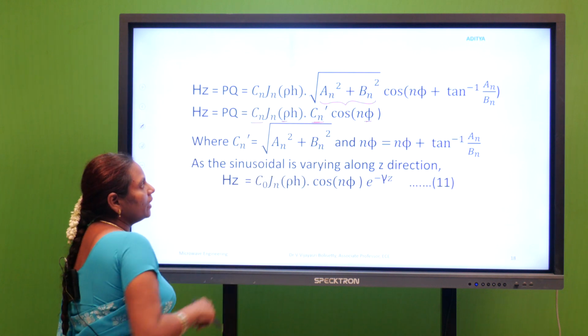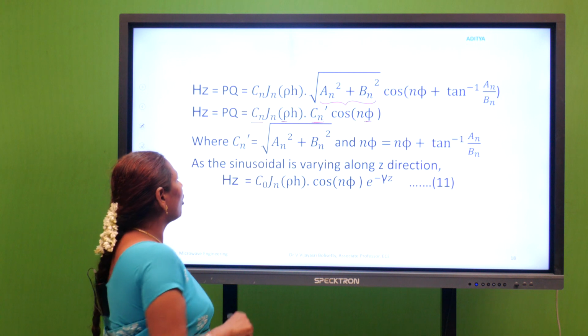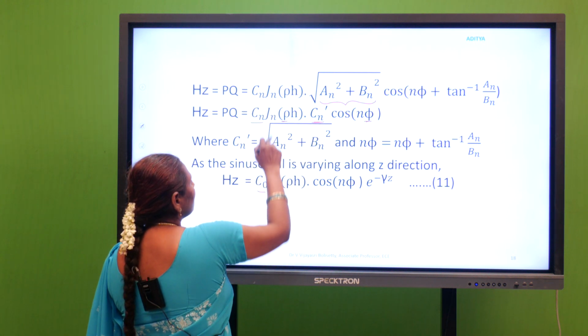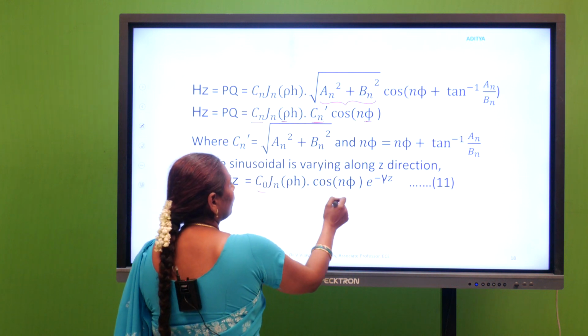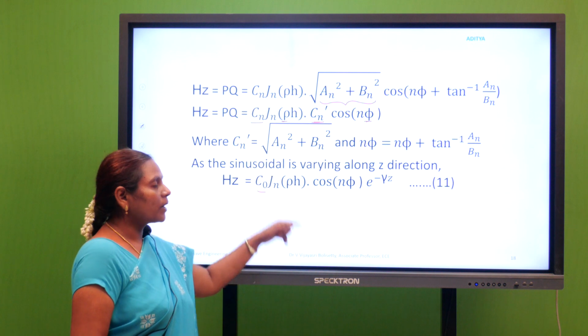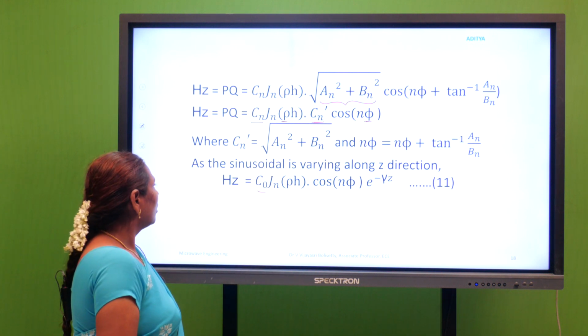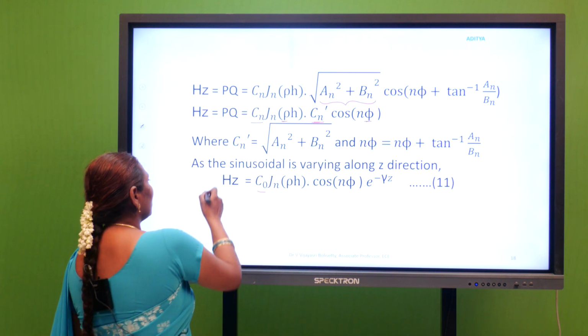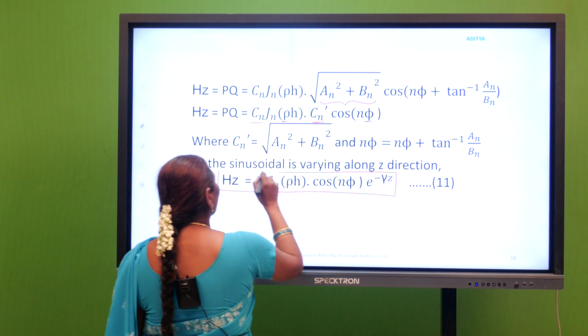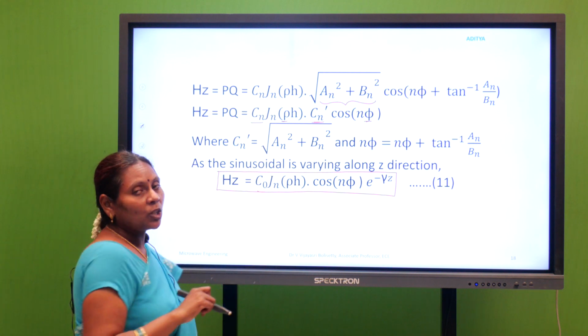Finally Hz takes the form of Cn into Cn dash, that is C naught Jn rho h cos n phi and e power minus gamma z. So this equation 11 represents Hz, and this wave we call the TE wave that is propagating through the